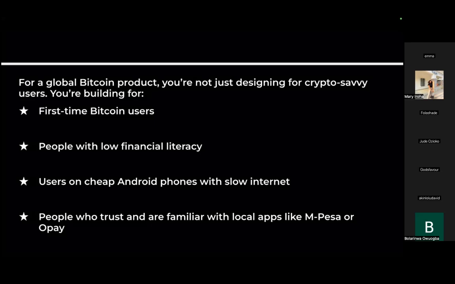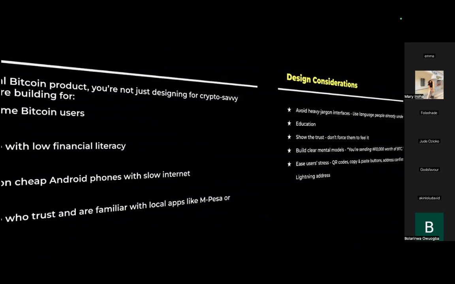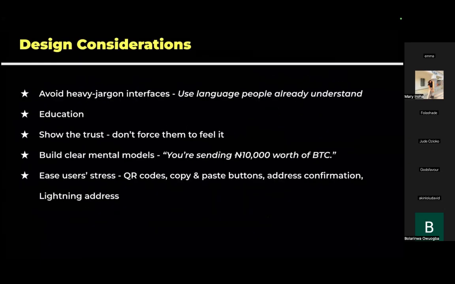So you are building for them and you have to have them in mind. You have to consider them. So these are some design considerations. The first thing is to avoid jargon. That's language people don't really know. I want to send money, and then I enter the amount, I enter the address, depending on the flow of your transaction. And then I enter my PIN, and then I click send. And then the next thing I'm seeing is, oh, your Bitcoin transaction has now been added to the mempool. What is a mempool? I don't know. Well, I know, you know, but some users don't know.